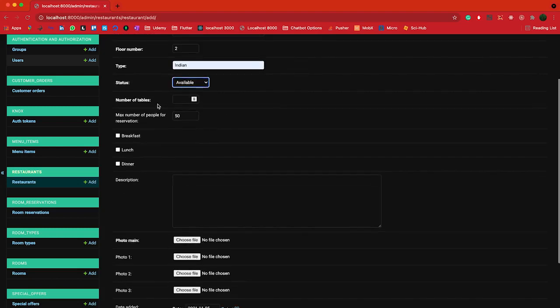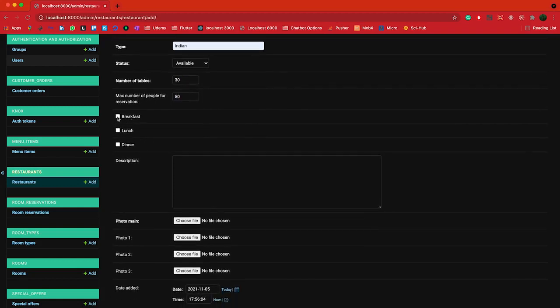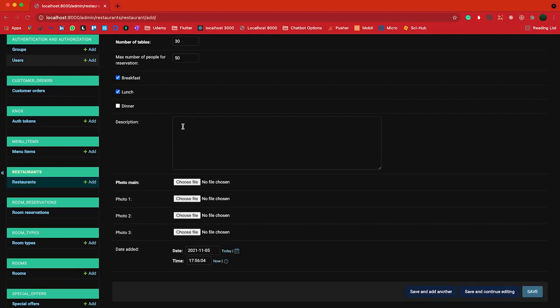So let's say it is available, and this is the number of tables that are available in the restaurant, and this is the maximum number of people the customers can reserve for. Let's keep it 50. And if the restaurant supplies only breakfast and lunch, we can select only those 2 options. If it supplies dinner, we can keep it here, or if it doesn't supply dinner, we can just click it off. And in this description section, the manager can add a description about the restaurant,